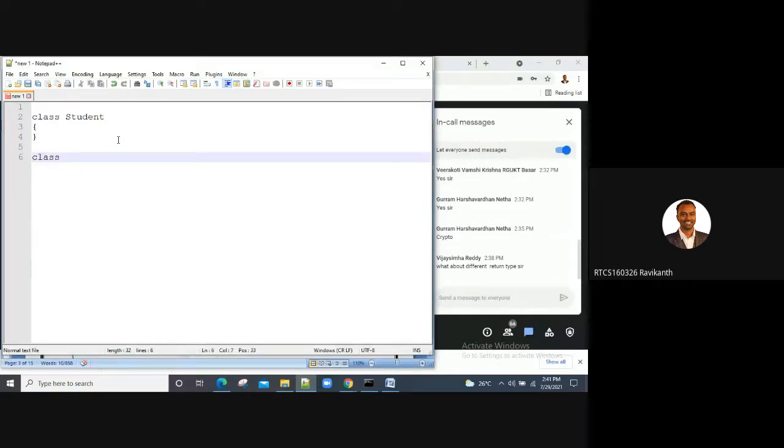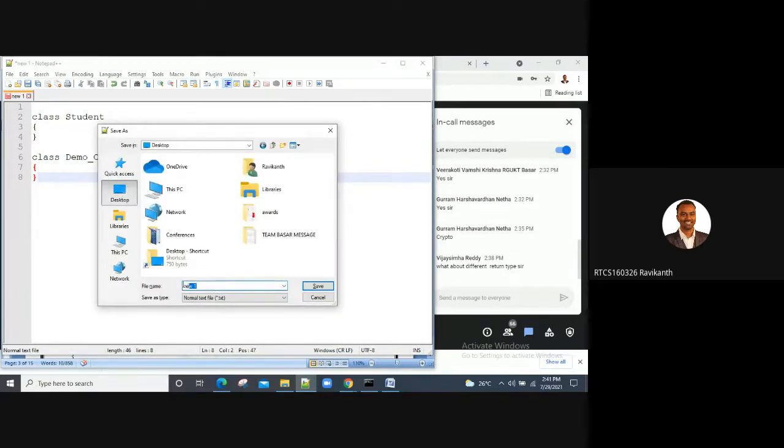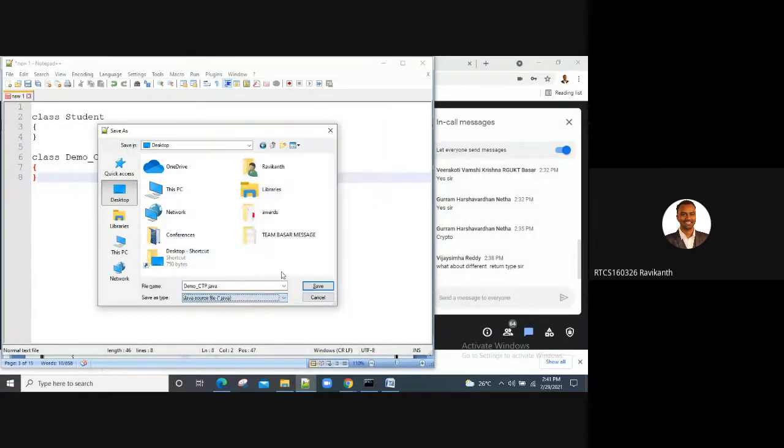First, let's work with demo underscore compile time polymorphism. Let me save this program on the desktop as demo underscore compile time polymorphism.